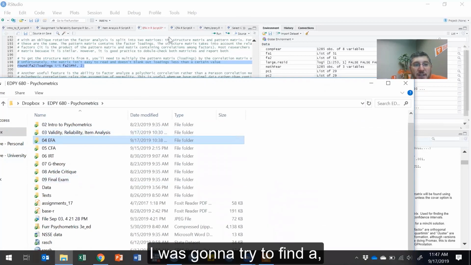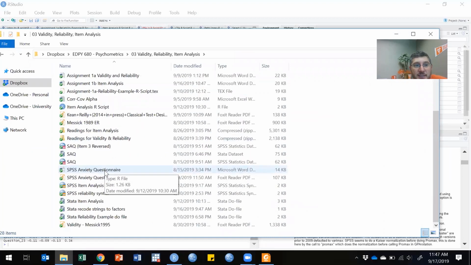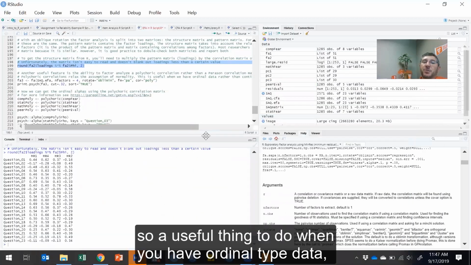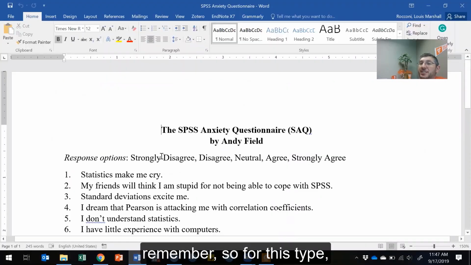So a useful thing to do when you have ordinal type data, remember, so, for this type, which happens a